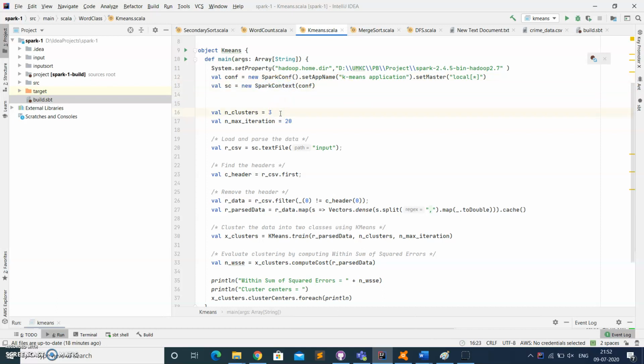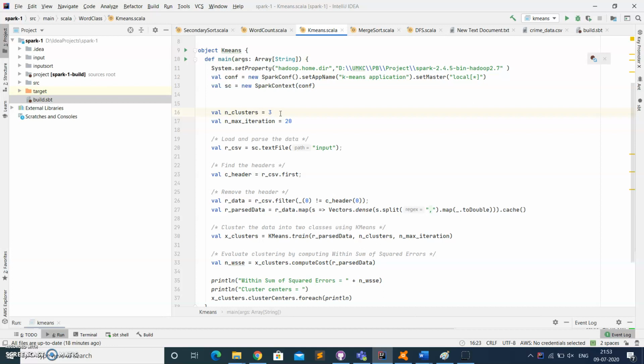The first step is setting the number of clusters in the k-means algorithm. The clusters can be randomly taken, and now it is taken as 3, and the max iterations are the input range that we are going to take, which ranges from 0 to 20 in this context, because the max iteration here is 20.